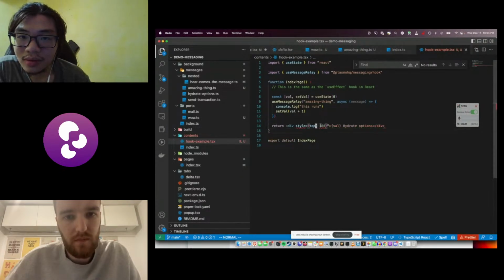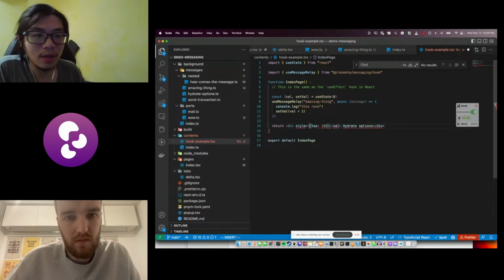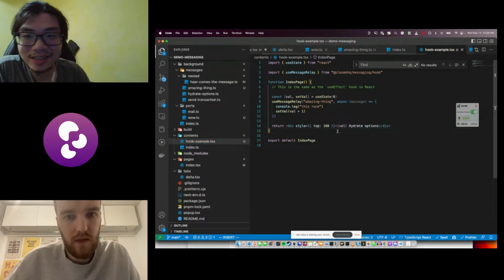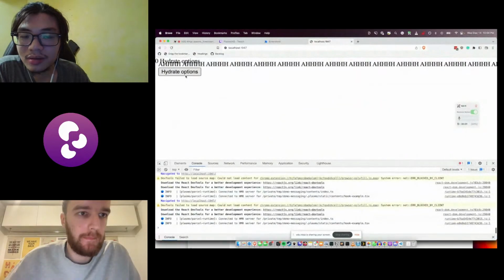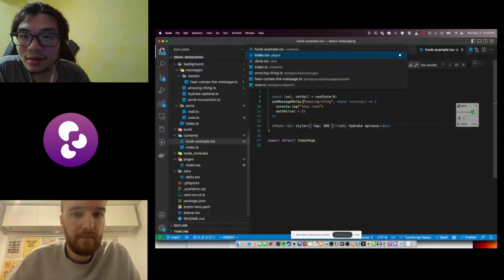Awesome. So yeah, when you assign an object to a property, you have to do double brackets. The first bracket escapes. Let's see if I do it.